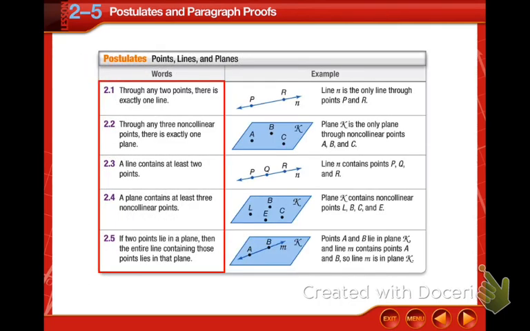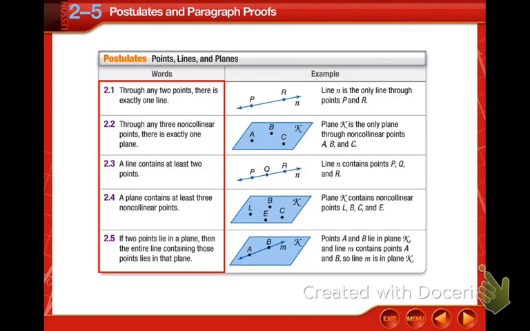So first thing here, these are all the postulates that go along with points, lines, and planes only. And so here, first one, 2.1. So we will refer to them as their number here, just so that we have easy reference. But for your sake, knowing what they say definitely is important. So 2.1 says through any 2 points there's exactly one line. So we have any 2 points given to us. We know that between those 2 points, or going through those 2 points, there's only one line that can do that, not